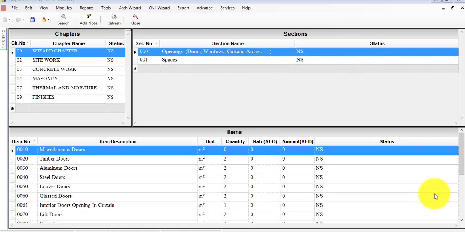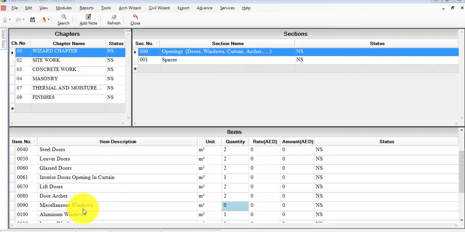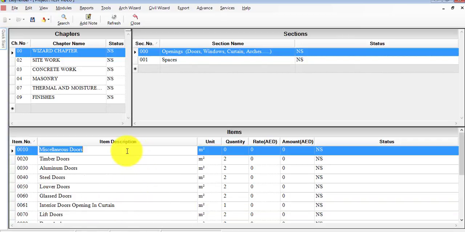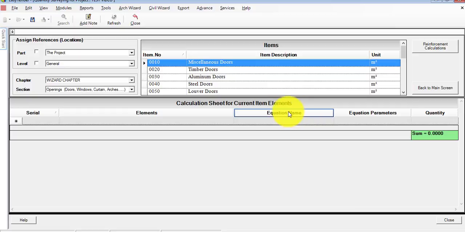For this video, we'll be using this final station of EasyTender. So, one will be inputting the miscellaneous doors and we'll be putting the miscellaneous windows over there. So we'll start off with the miscellaneous doors. Double-click the cell under quantity. And once you double click, it'll take us to the manual station where we need to input the doors and